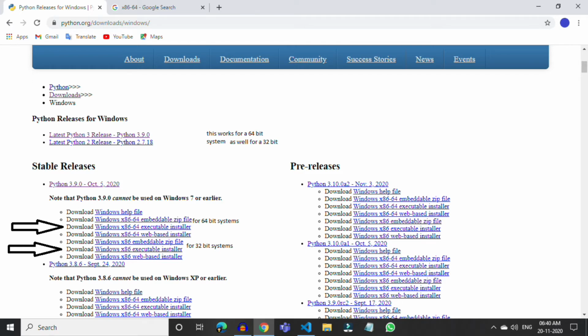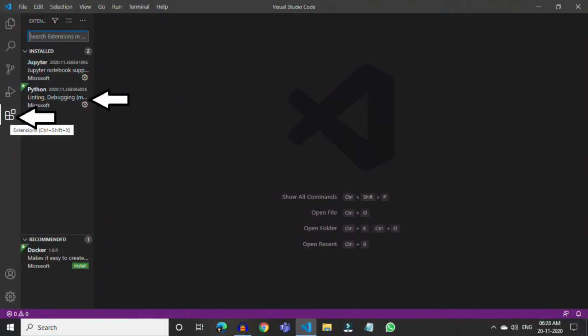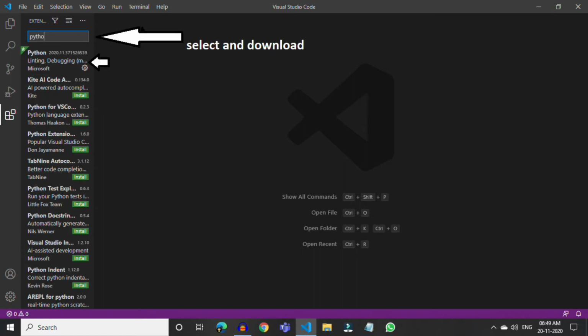Now after downloading these two things, you have to go to Visual Studio Code, and you have to go to the extension system right here. After you click on this, you're going to see the extensions which are installed in the computer. You can search for extensions, but for that you need an active internet connection. So search for the Python extension. When you search for that, you're going to see a link.